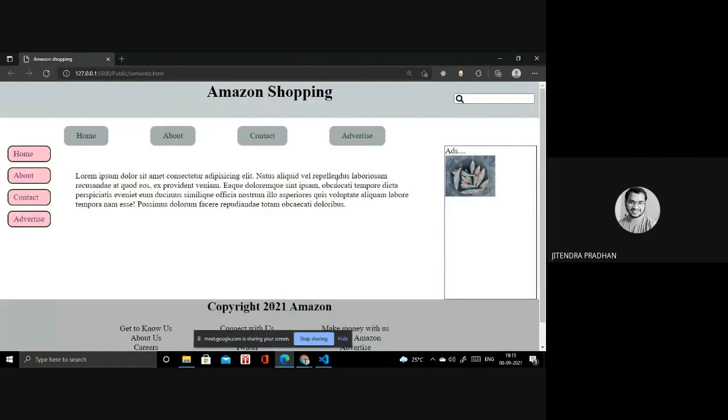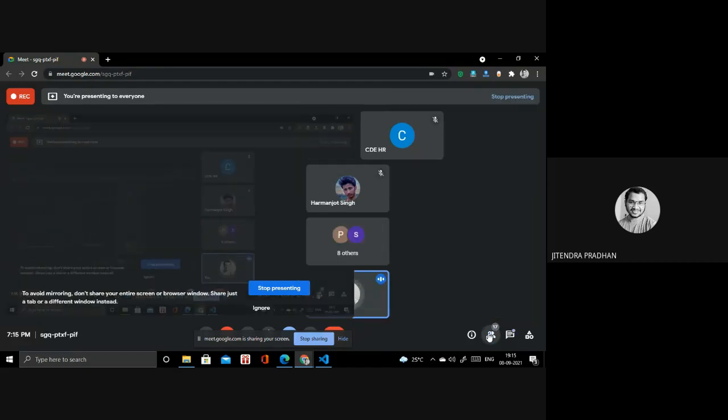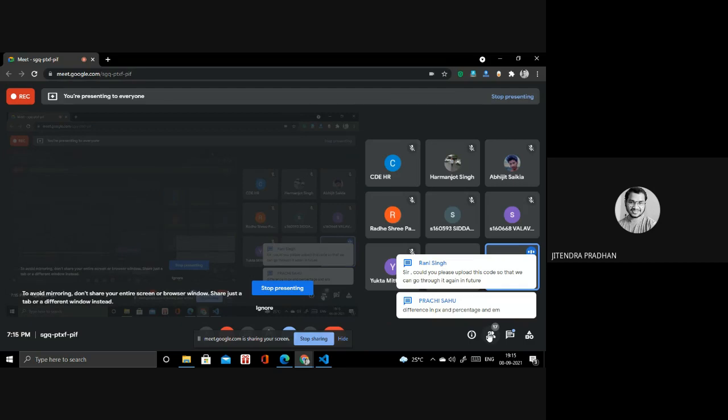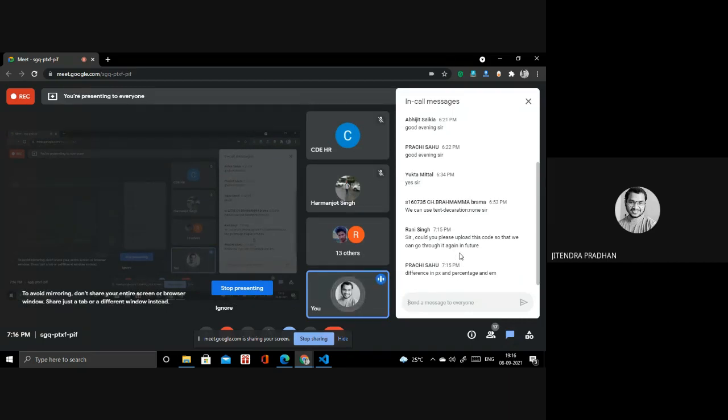Yeah, it's changing now. Okay, it looks better. You have to write text decoration none. If you want to remove the underline in that anchor text, then you have to use text decoration none. If you want to change a particular content's underline, then you have to use font style, it's none. Okay, this is something you have to remember.